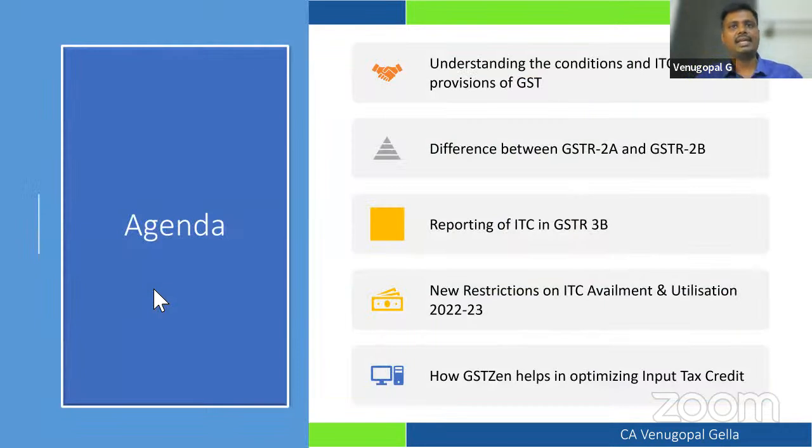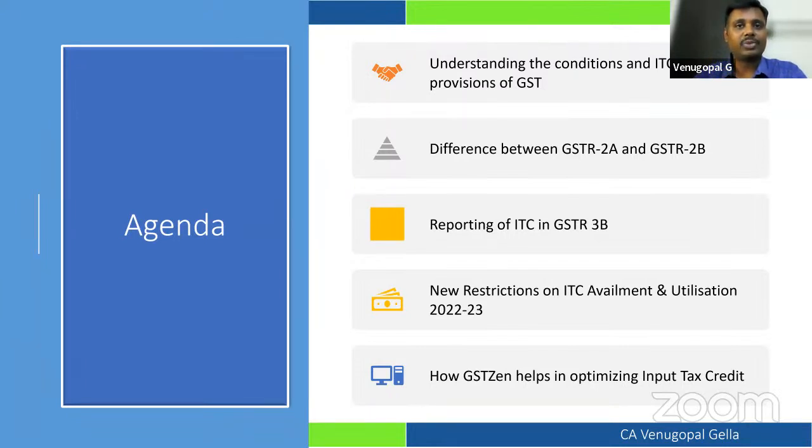The brief agenda is, I'll quickly walk you through the various provisions of the law that stand today, which are very important changes, because the concept of input tax credit, from the implementation of GST, has two main concepts. Point number one, it's a seamless flow of input tax credit. That's how it has been conceptualized. Second, you have a right over the input tax credit after it has been availed. Whether it is a conditional right or an unconditional right has also been disputed.